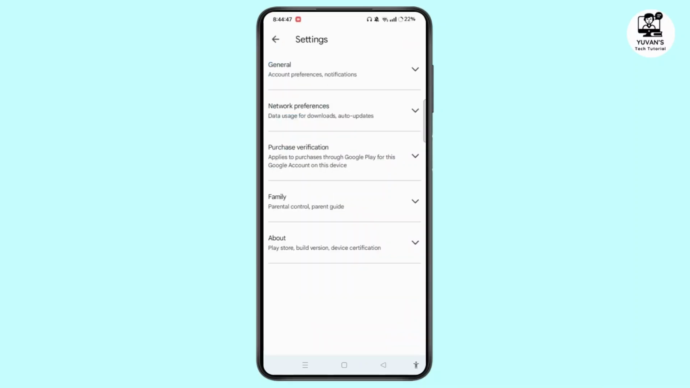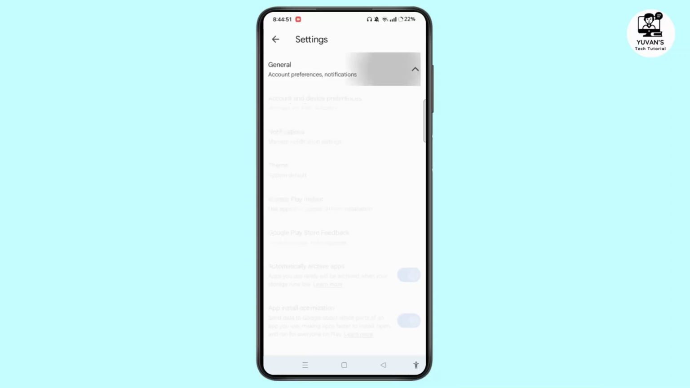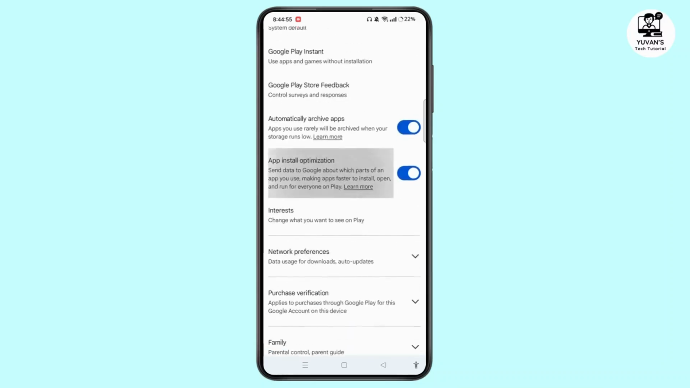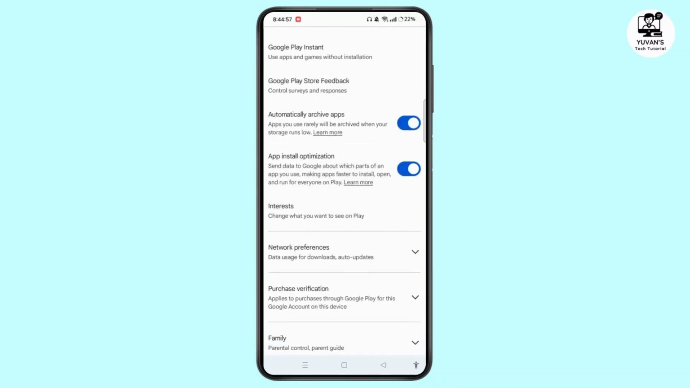Simply select the arrow, the backward facing arrow. You need to select that and scroll down. Simply locate the option for automatically archive apps. Apps you rarely use will be archived when your storage runs low. In order to disable this, simply toggle the button off and then you will successfully turn off automatic app archiving